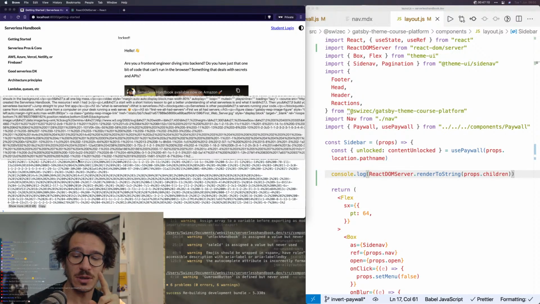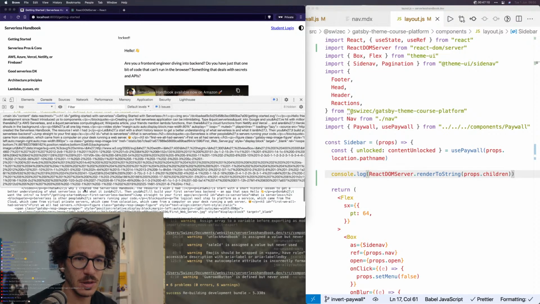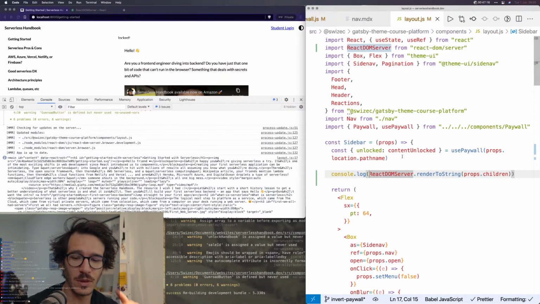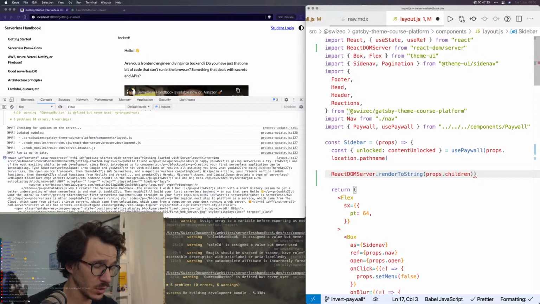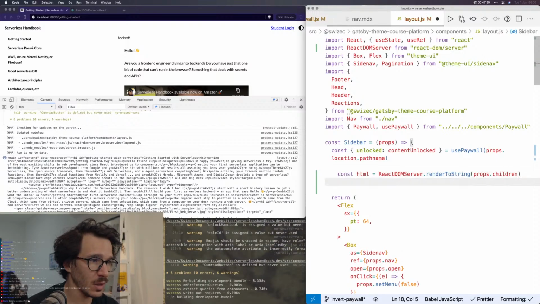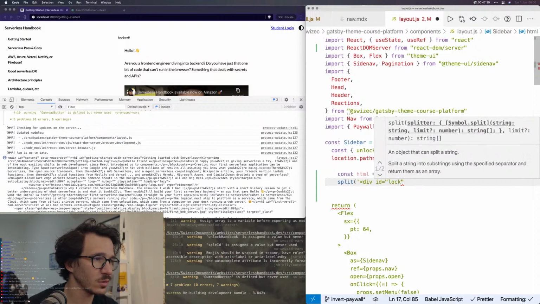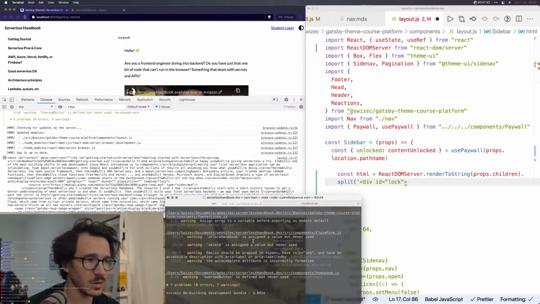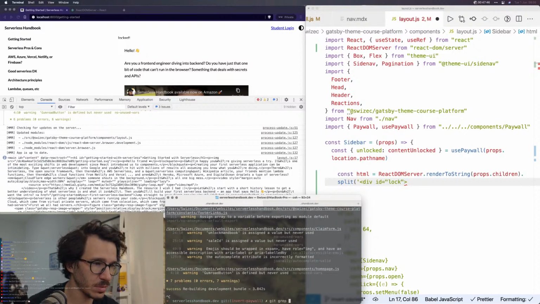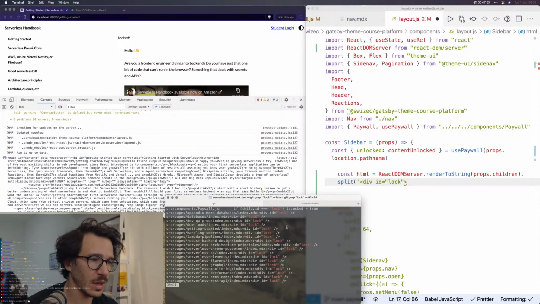Okay, I'm gonna try something really hacky first, because I know that in here somewhere is a piece of code. So this is going to be insecure. Super insecure, but let's try it out. Console log const HTML equals React DOM server. And then we say, actually, we can split that by div id equals lock. Let's see, are all of them nice? Git grep lock. So all of them have this syntax in them. So if I split the code by that,